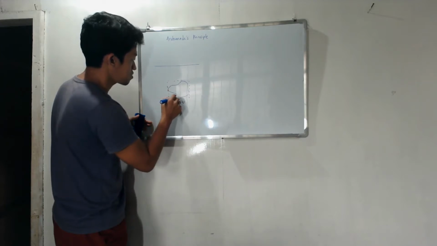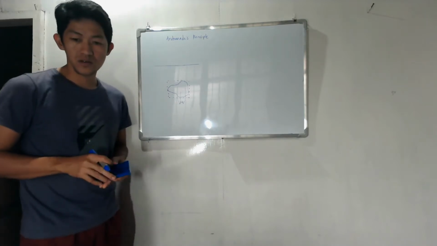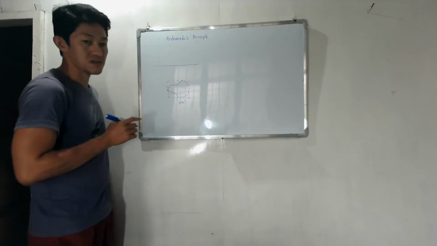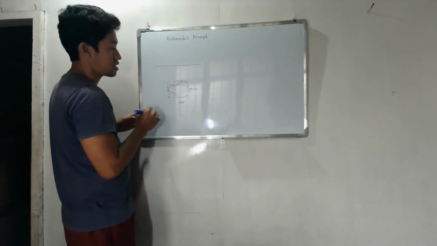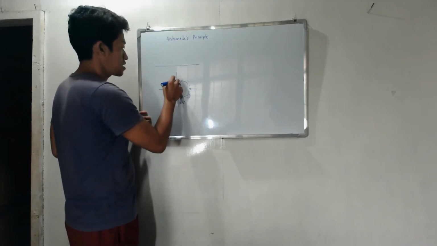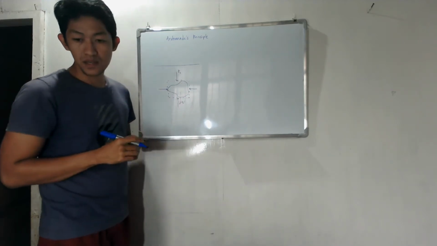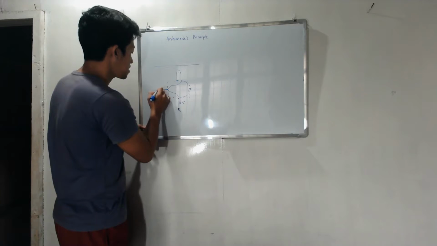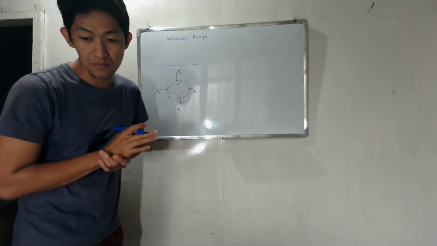If we are going to draw the free body diagram of this object, the forces acting on the areas, let's call them F1, F2, F3, F4. And also you have this one, the